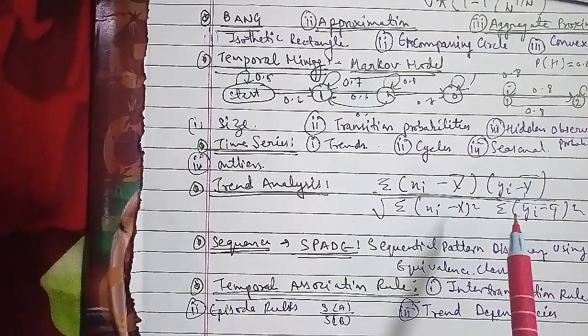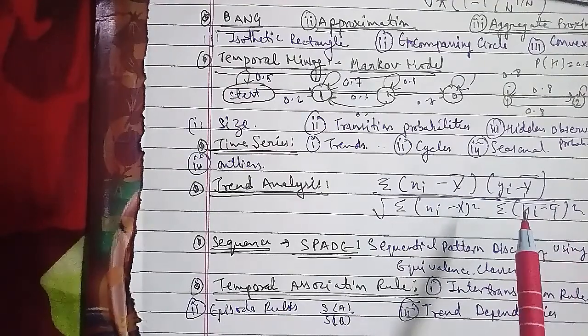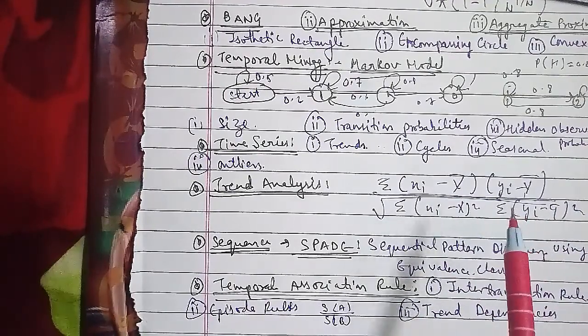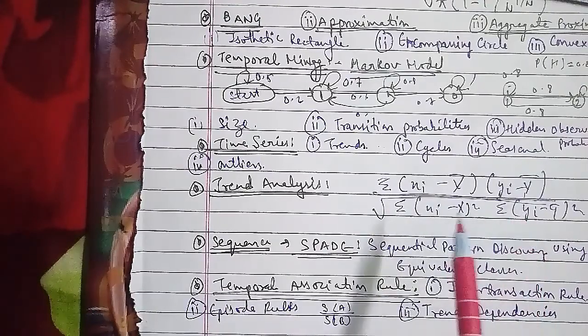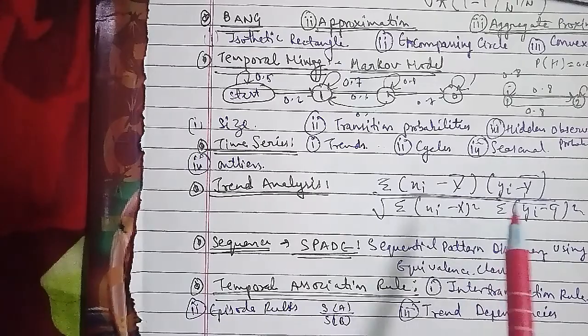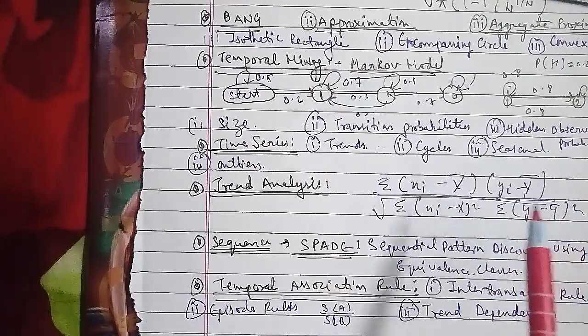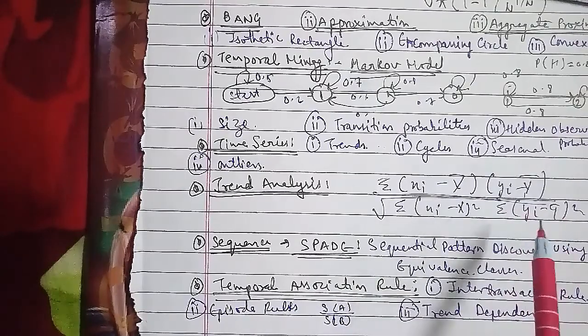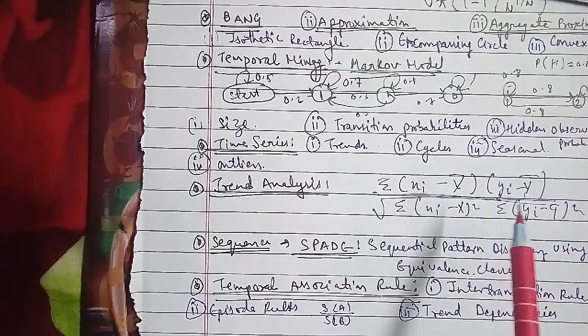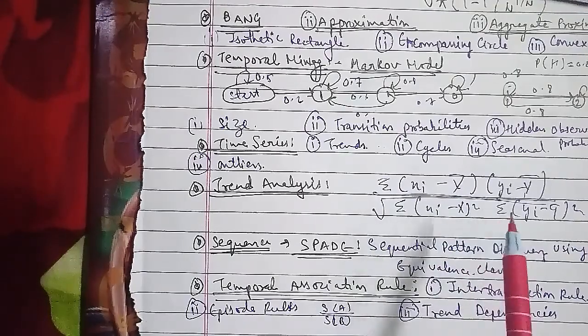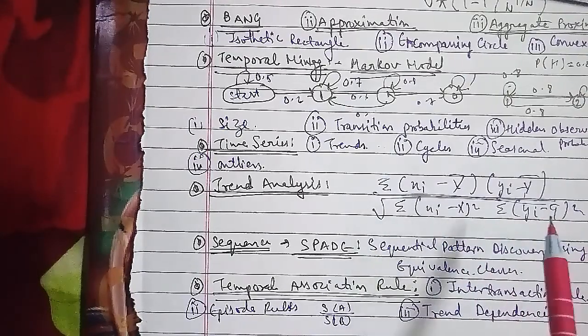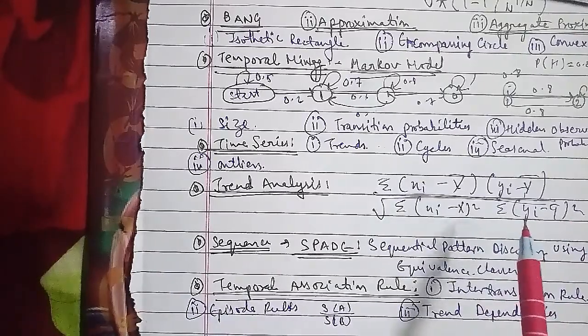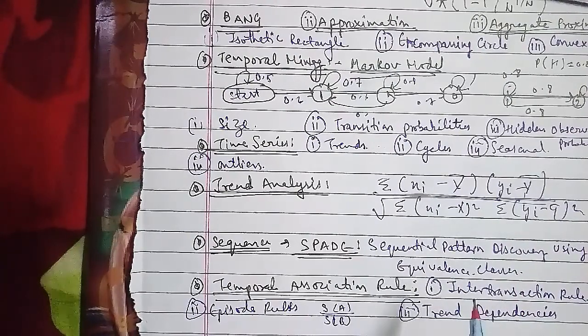A trend dependency is an implication of the form X => Y, where X and Y are patterns over the schema R, and a trend dependency is also subject to a support and a confidence. Given two relations I1 and I2 over a schema R, the support for a trend dependency X => Y is the percentage of tuple pairs that satisfy the patterns X and Y. The confidence of the trend dependency X => Y is the ratio of the number of tuple pairs that satisfy X and Y to the number that satisfy X.